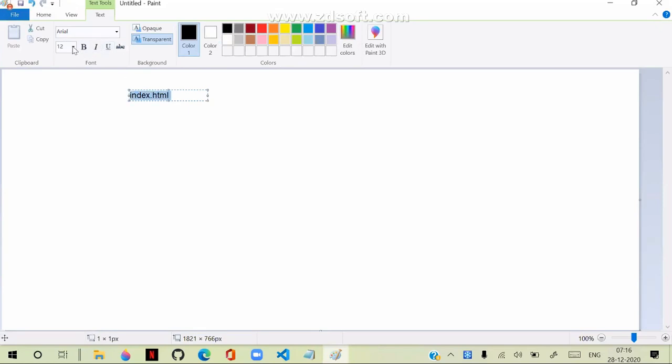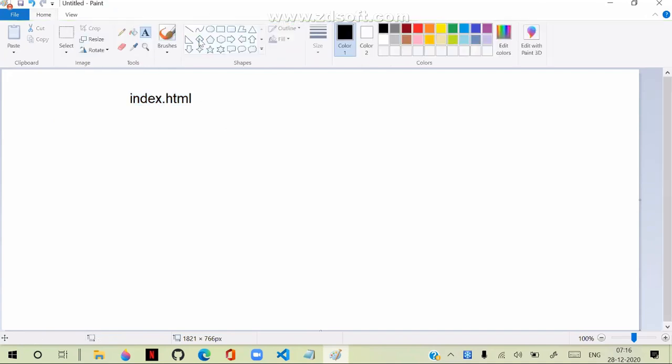You will get index.html. So generally this index.html comprises of the UI. It contains the UI.